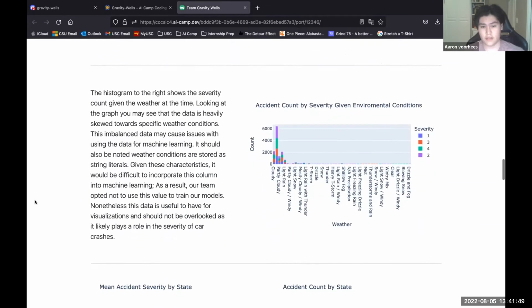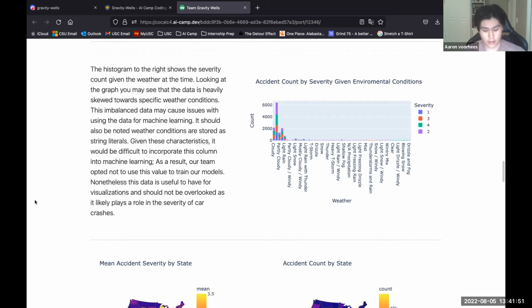Here you can see the same pattern. You can see the data is also skewed on the left a bit. Now, this could simply be because the data was unable to be collected for all the weather conditions, or it could just be that there are simply significantly higher severity levels for certain weather conditions.